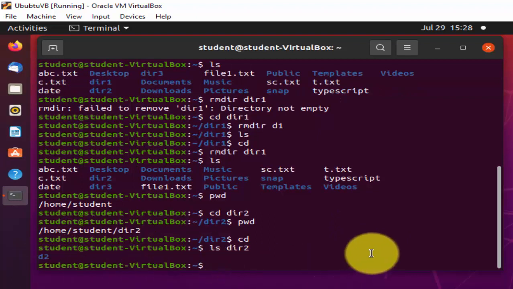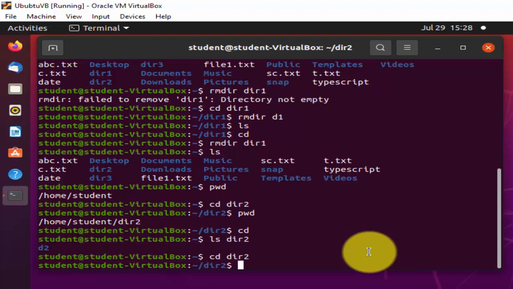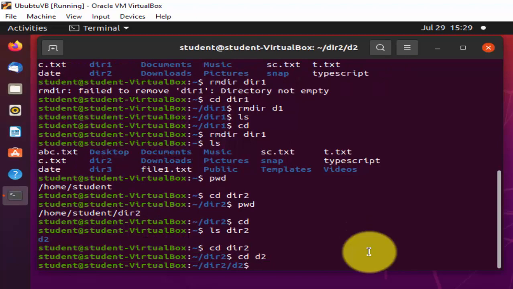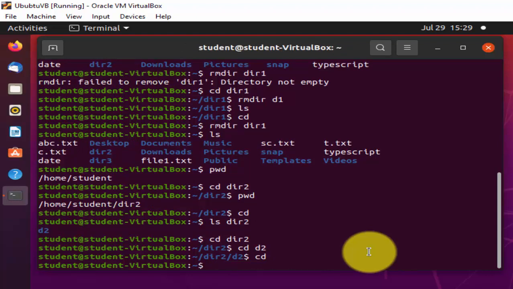So now if you want to navigate to D2, usually we use the command cd dir2 enter, then cd d2 enter. So this is how usually we reach the D2 directory. Instead of doing this, we can use the absolute path.